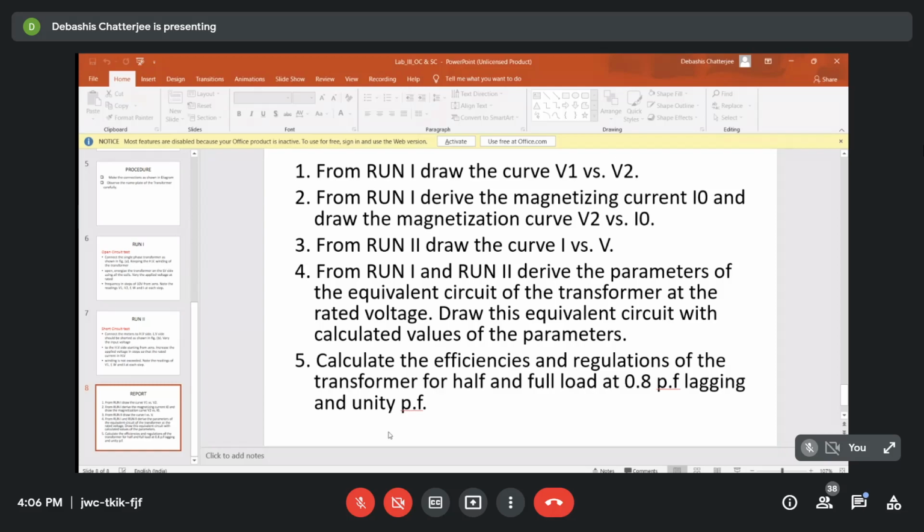Anyway, he must have told you the names of some books to study the transformer. Which book did you follow? At least you follow one book. I'm telling you, P.S. Bhimra. I don't know whether you know it or not. Sir, I did follow Ashfaq Hussain's book. Ashfaq Hussain, okay, for mechanical it's all right. There you find how to calculate voltage regulation, and some problems are given. So you take one or two problems and do it in the same way here.